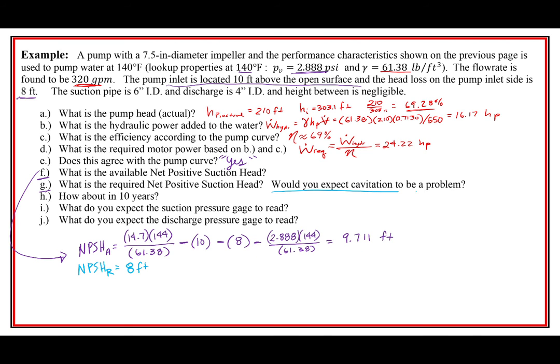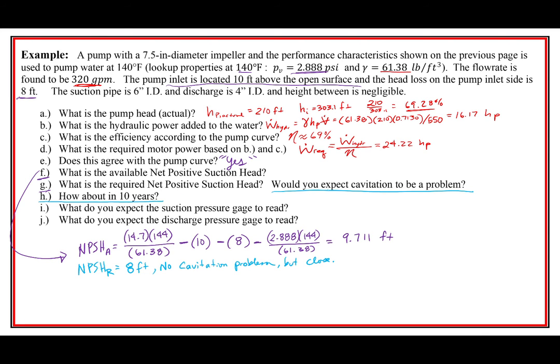So would you expect this to be a problem? I'd say no. No cavitation problem. But close, right? It's close. And we might want to have a better margin than that, because the next question is, what about after 10 years? And I would say, in my opinion,